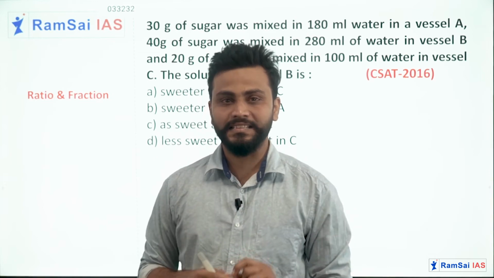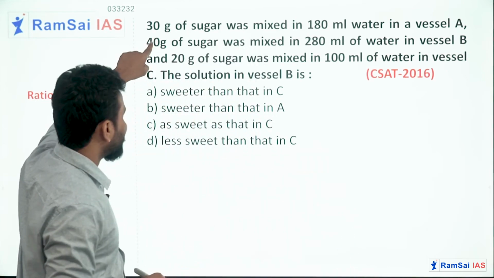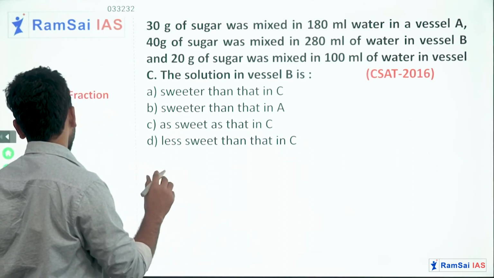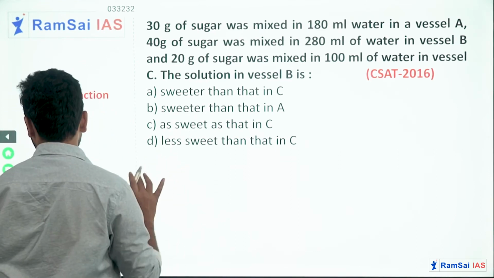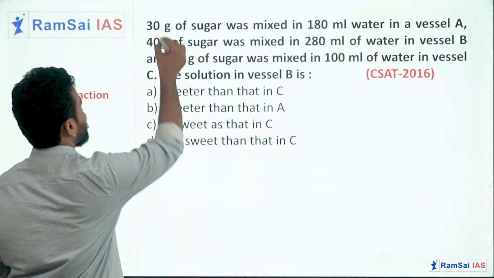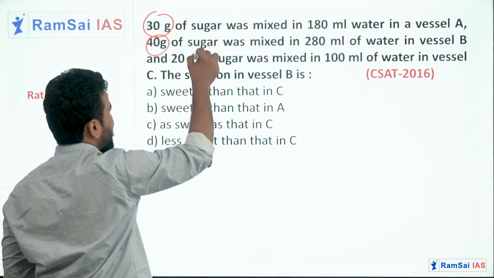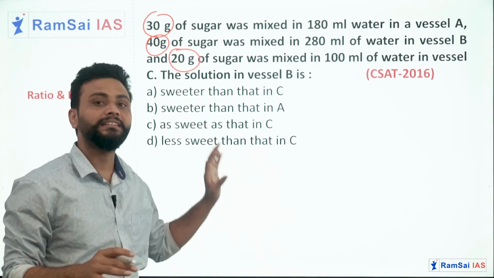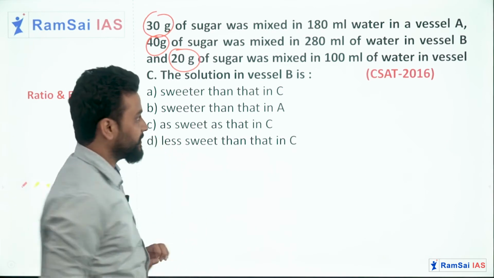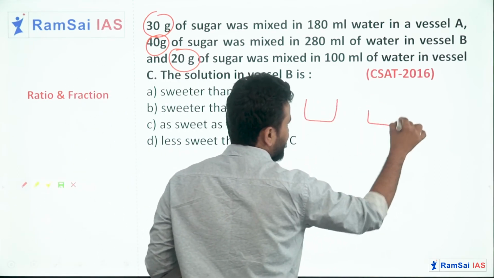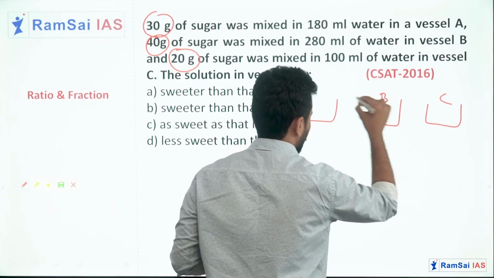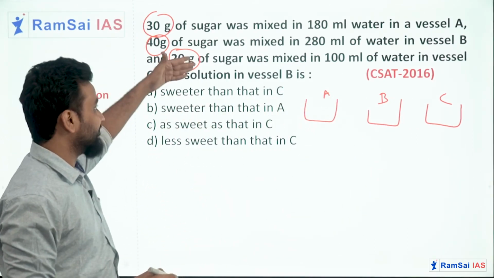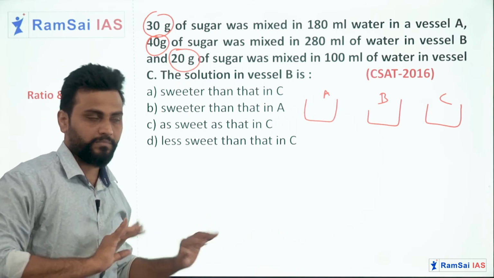Here I have a small assumption, guys. See, 30 grams, 40 grams and 20 grams, these 3 values I will consider as ml only. I will not consider these as grams, I will consider them in terms of ml only. So here I will draw 3 vessels A, B, C. It is a small assumption and I am applying the same assumption for all 3 liquids, right? So it will not be much of a problem for us.